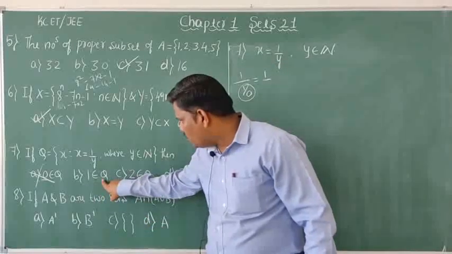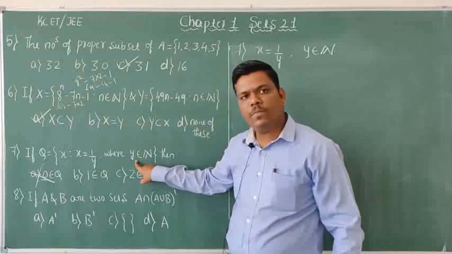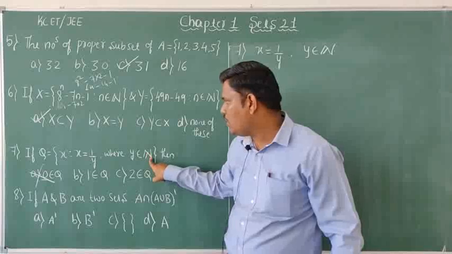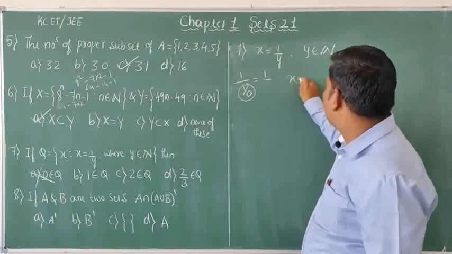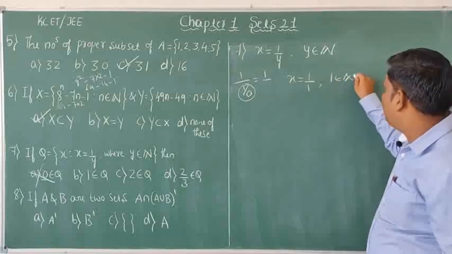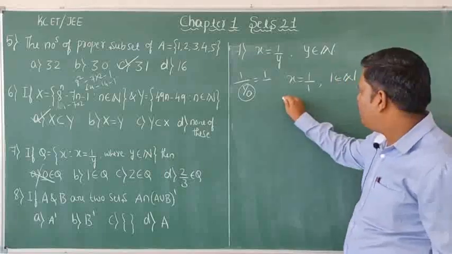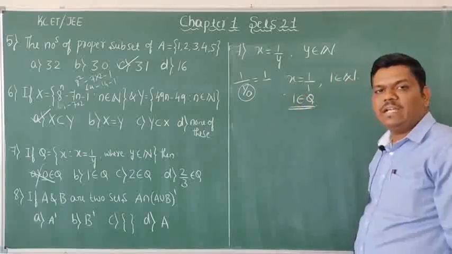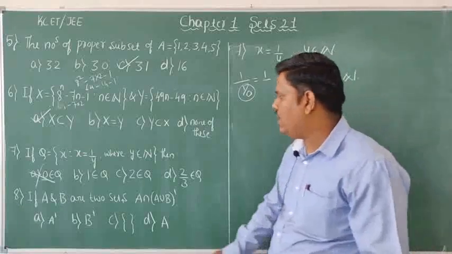1 belongs to Q. 1 belongs to Q means you can take the natural number as 1. Therefore, 1 belongs to the natural numbers. So x is equal to 1 divided by 1. This 1 also belongs to the natural numbers. Therefore, 1 definitely belongs to the set Q. So the right answer is